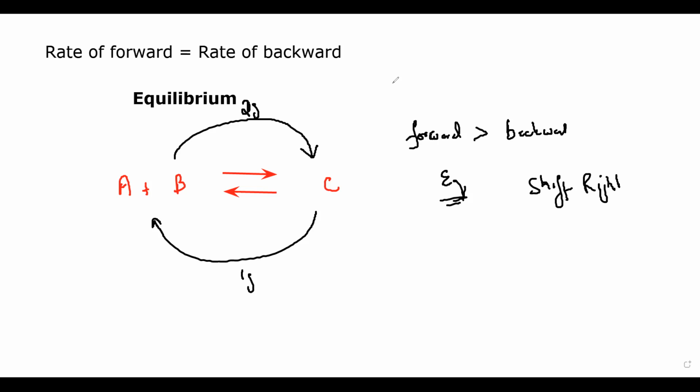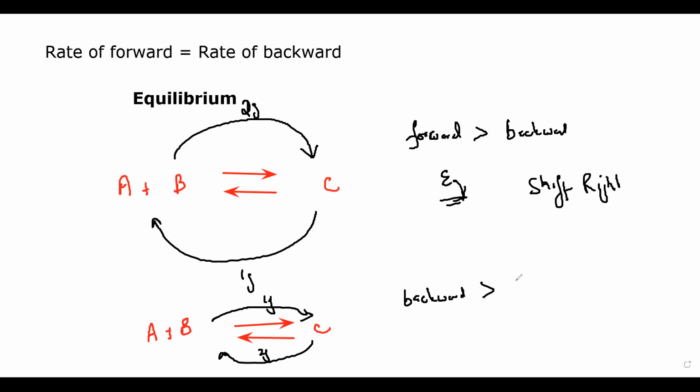And the opposite will happen if we have A and B, the reactants, forming a product C, and product C can decompose and form back A and B. For example, when A and B react forming C, say 1 gram, but there is a greater rate of decomposition of C. So this is not in equilibrium, because in this case the rate of the backward reaction is more than the rate of the forward reaction. When backward is more, we use the term equilibrium shifted towards the